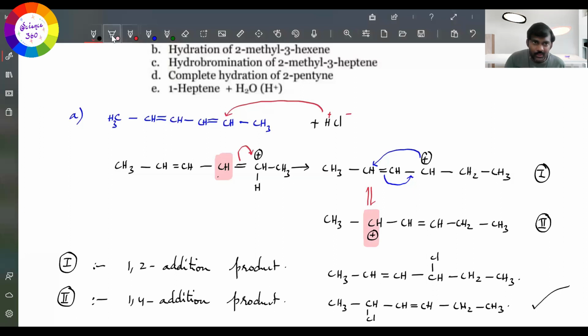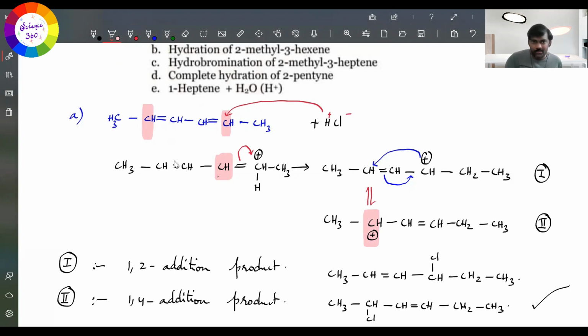So here what we have done is we attached hydrogen and chloride ion here and here. This is 1,2. Okay. So that is 1,2 addition we have done. Next, 1,4 addition, that means here and here. Okay, that is 1,4 addition. If you add here and here, that is 1,4 addition. So both the additions can happen. Okay, 1,2 and 1,4 additions both can happen.